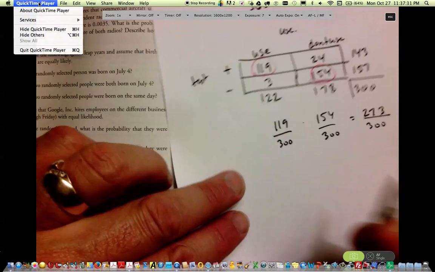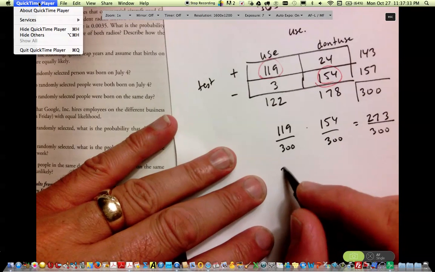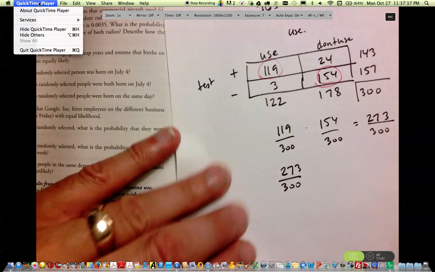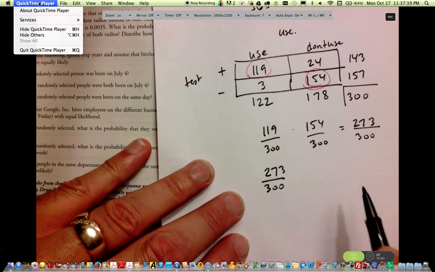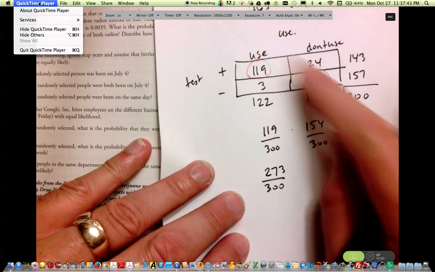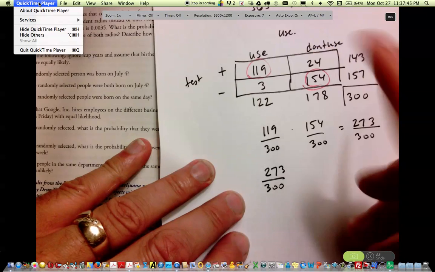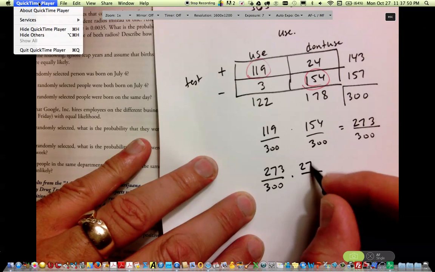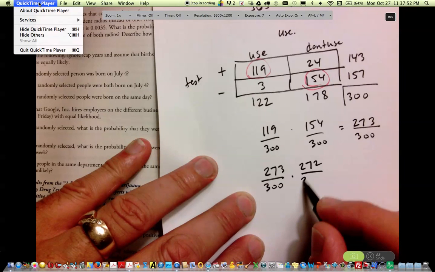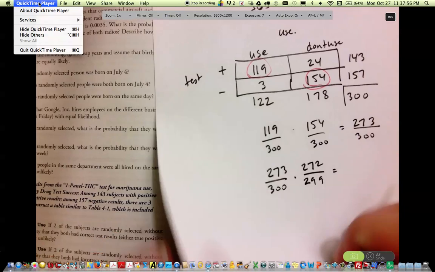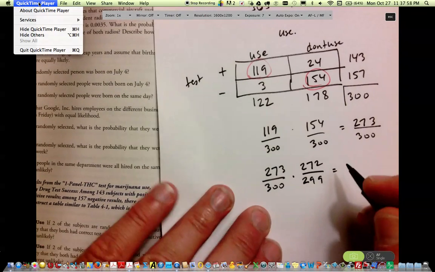Now, we're going to take one person first, and 273 out of 300 is the probability the first person I select is one of these that gets a positive test that uses or a negative test that doesn't use. Then once I've selected one of those people, I've only got 272 of them left out of 299. If I multiply those 2 probabilities together, we're going to end up with